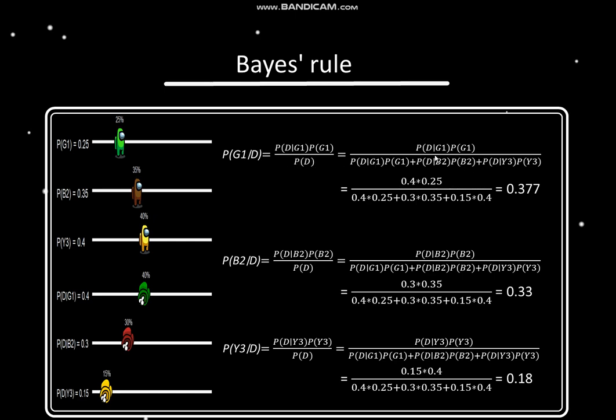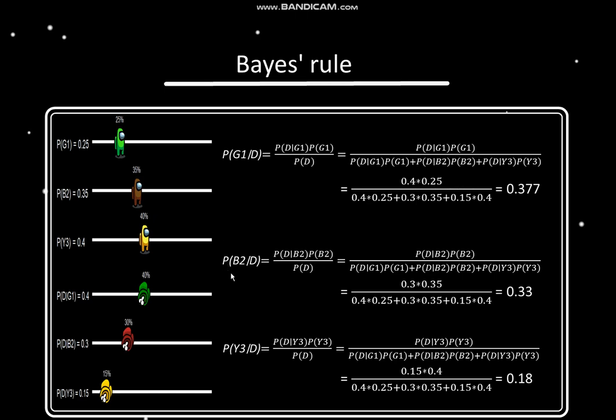We know all the probability values. Look at the left graph I organized. We can substitute all the values into this equation, and the result is 0.377. Okay, so next is